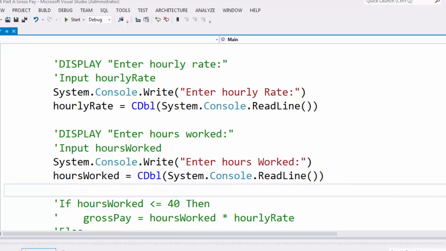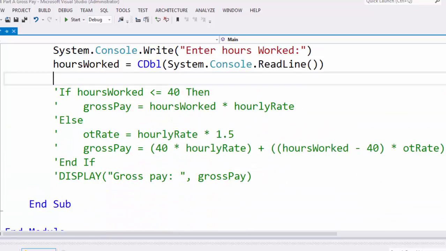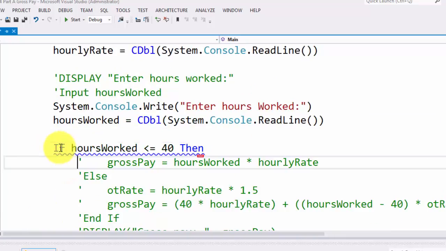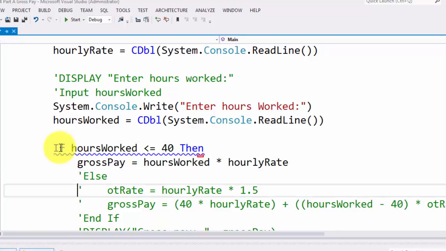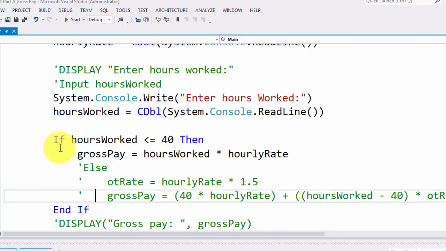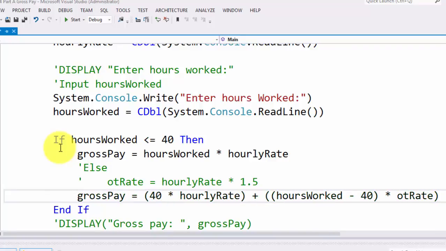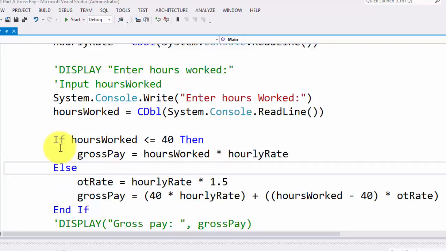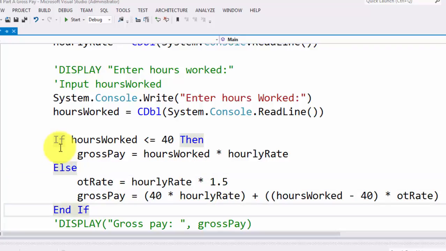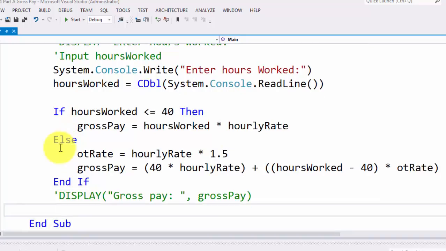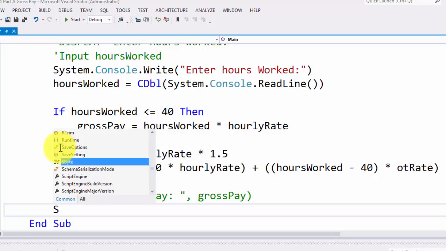Now, as far as the if condition is concerned, it's very similar. And this time, I'm simply uncommenting this out. You'll notice a lot of it is going to go as it is, no difference between the pseudocode and the VB code. It's like I just took away the comments, and that's all I needed to do. The only difference now will be to write that display statement in the VB way, which is going to be translated as